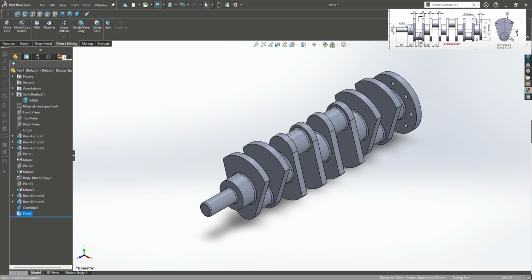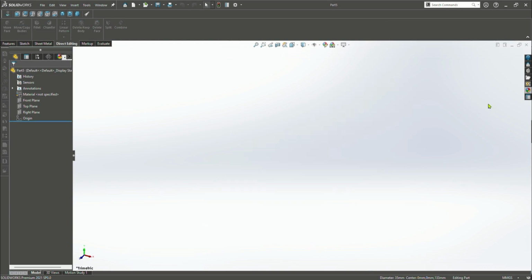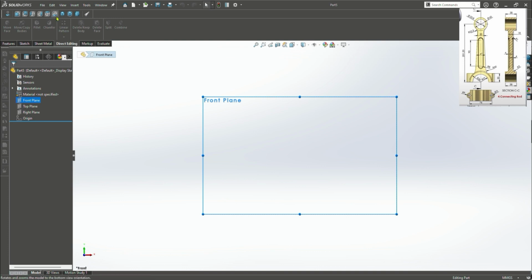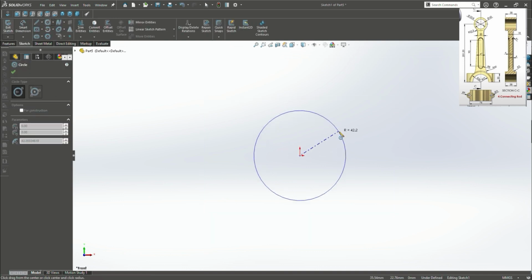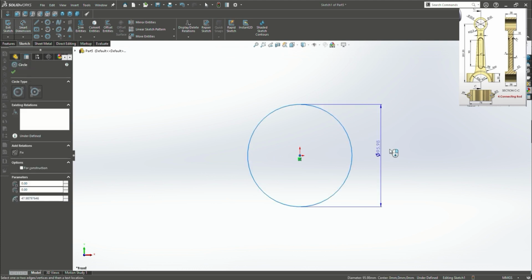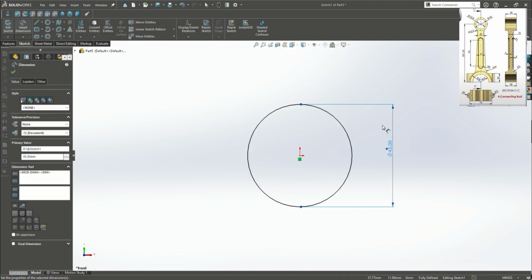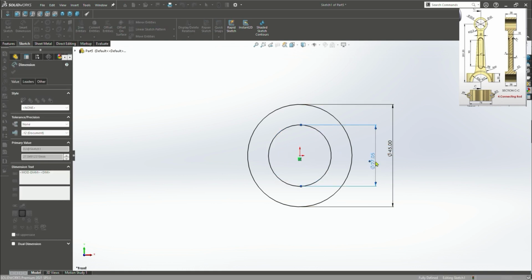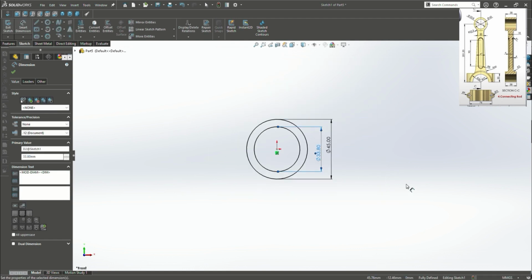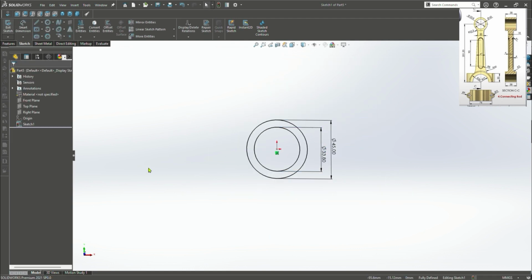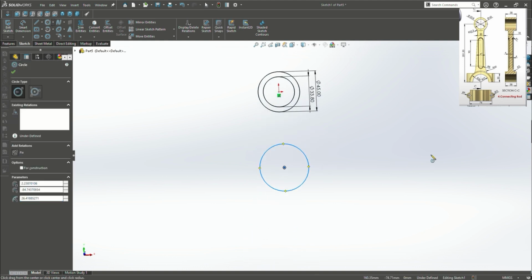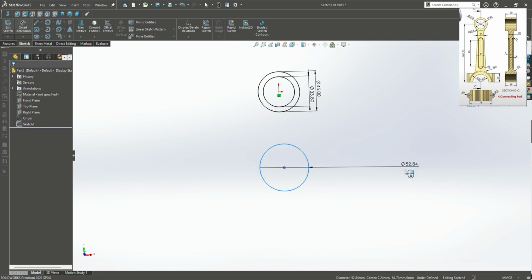So next we're going to make the connecting rod. Make the front plane, sketch, make a circle, smart dimension 45 mm, make another circle, smart dimension 33.8 mm. Then make another circle below that circle and diameter